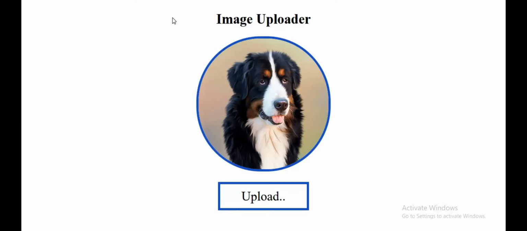My name is Nelson, and today I'm going to be teaching you guys how to upload an image file using HTML, CSS, and Vanilla JavaScript. So as you can see on my screen, I've got a cute dog, so cute. I have my heading, image uploader. So basically, if I come down to this button, it says upload, and click,